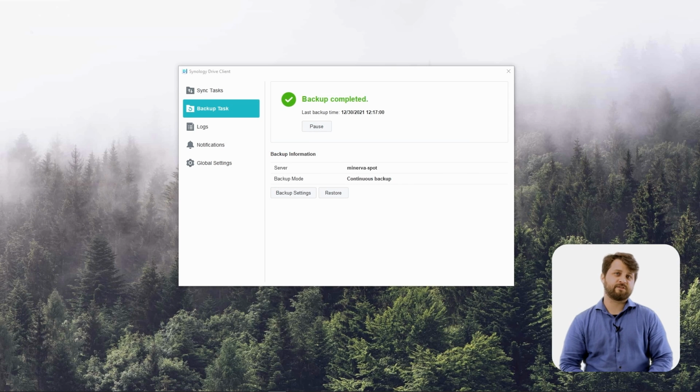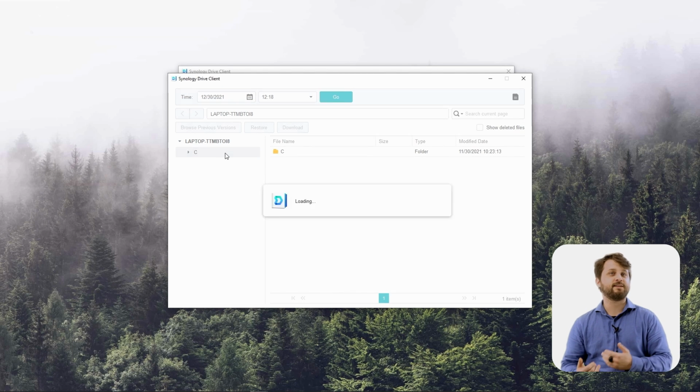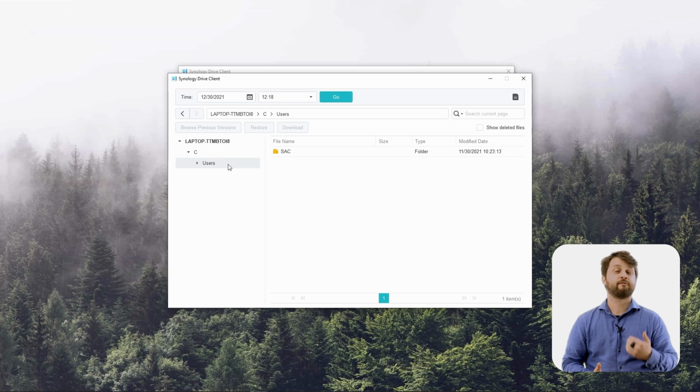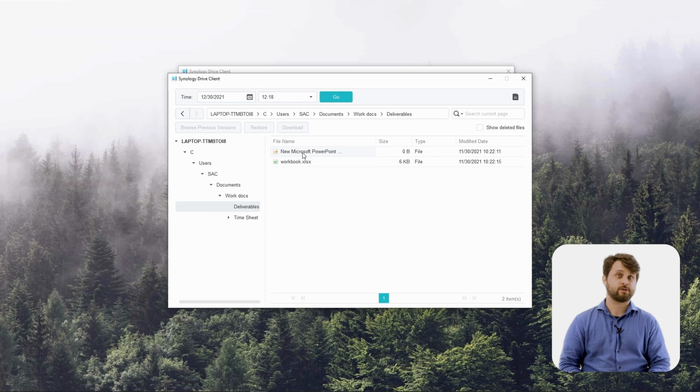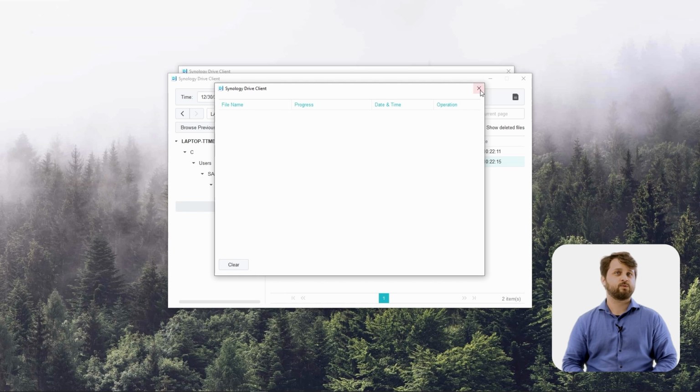So now that that backup is finished, we can go ahead and hit our restore button to perform a restore procedure if you want, and you're immediately greeted with the same folder structure that that backup task pulled from for this version. So we can drill down into our documents folder, our work documents, and into our deliverables folder and begin restoring data as we want. By hitting the restore button, it's actually going to restore this Excel file, for example, right back in place, right back where it was found whenever this backup task was actually done.